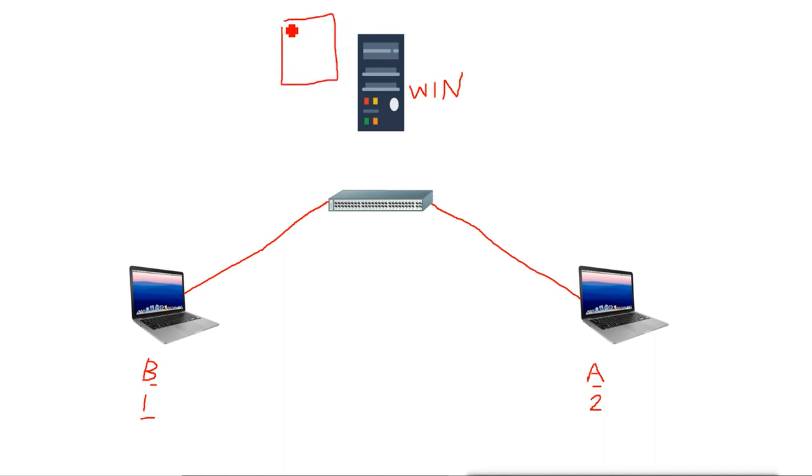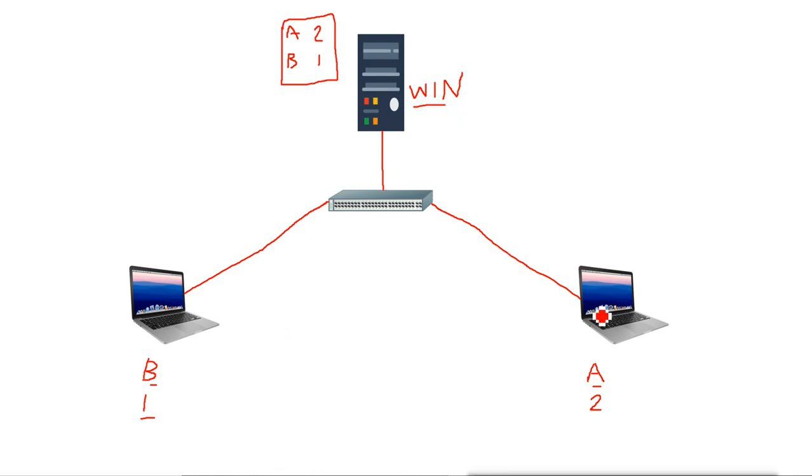That means all the machines in the network, it stores all the machines' NetBIOS names in the server. Like this is A, and what is the IP of machine A, then what is the name B, and what is the IP of that machine. So it stores all the names, NetBIOS names. Remember, NetBIOS names of the machines within the network. So all the machines' NetBIOS names will be stored in the WINS server.